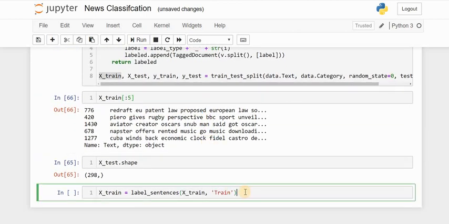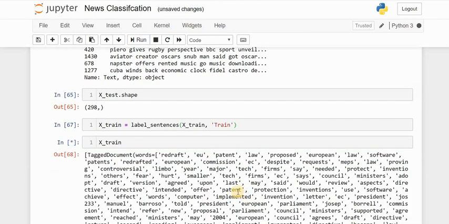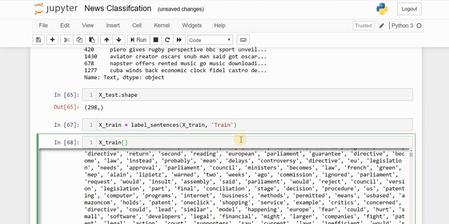In order to do that, first we need to convert this data into a format which Gensim expects. That's why we have written these label sentences. So let's run this for xtrain. Now let's see what we get as output. We will just print the first few sentences. It is much more, it is not readable. Let's print, let's say, the first element.